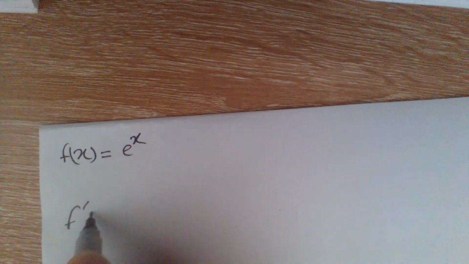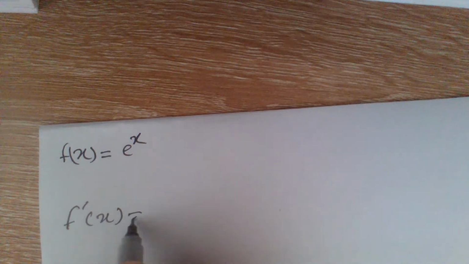To find the derivative of this equation right here, f of x equals e to the power of x, there's a bunch of formulas that we can use to solve this equation. The easiest one is using the limit. So the formula for finding f prime of x, which is the derivative of x, equals